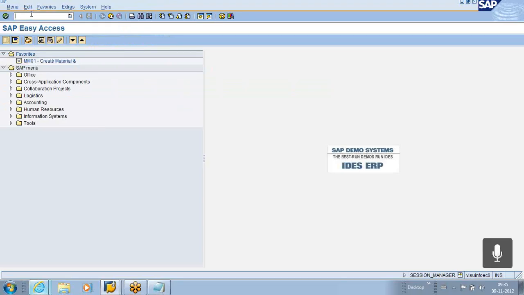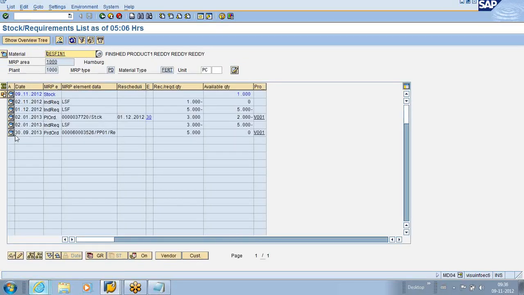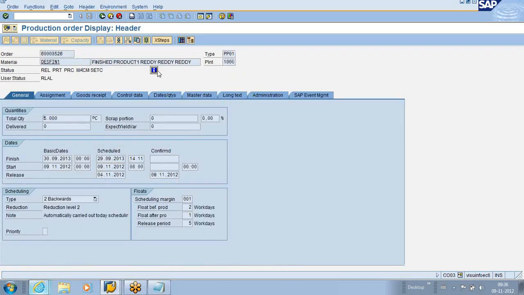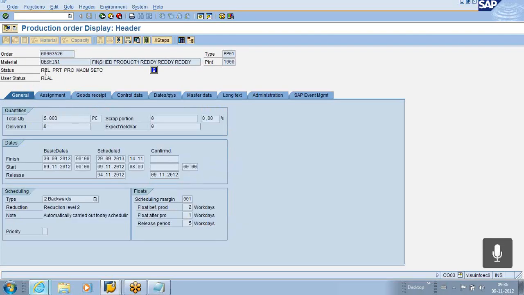No problem. Now, if I go to MD04 again, now my planned order has been converted to the production order. You see this planned order of 5,000 pieces has now been converted into the production order, right, Chandra? That's correct. And the status of this production order is it is released, it is printed, it is precosted, and the material is committed. Material availability has been checked basically, and the settlement rule is created. Okay, fine. The next step is